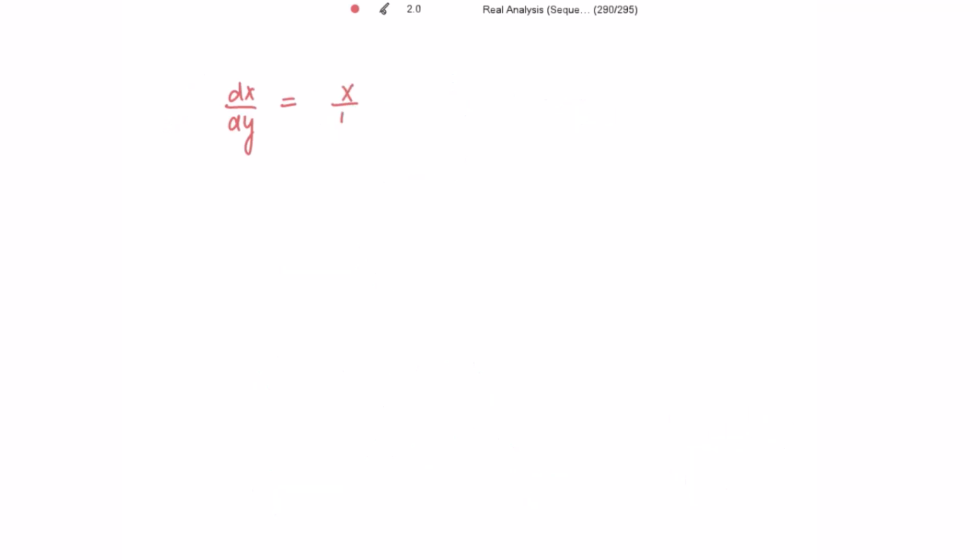So this is x by y plus c1. Very fine. Alright, taking this to the other side, this is dx by dy minus x divided by y equal to y plus c1. So this is your another linear equation,